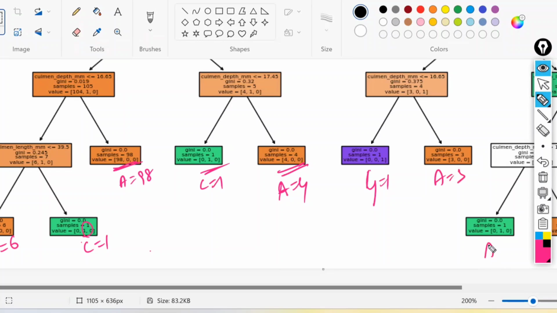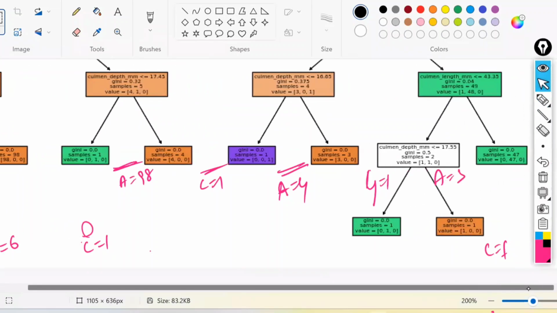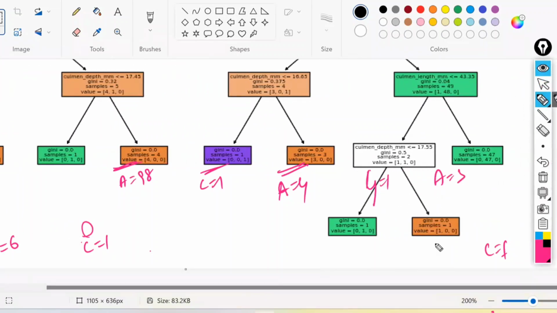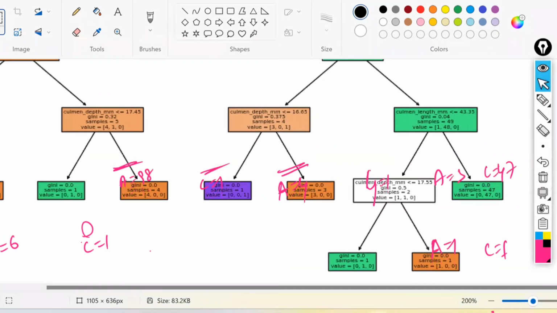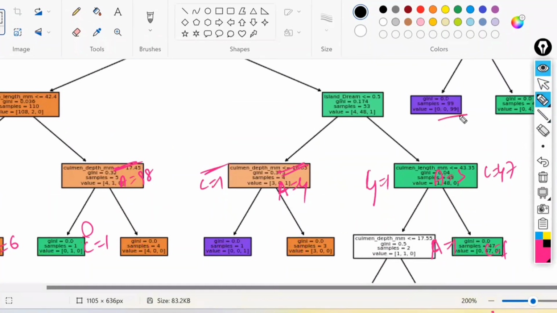This again is class C, with 1 record. Here only 1 record is there. Similarly, this one is class A with 1 record. This is class C with 47 records. And this one is class G with 99 records.